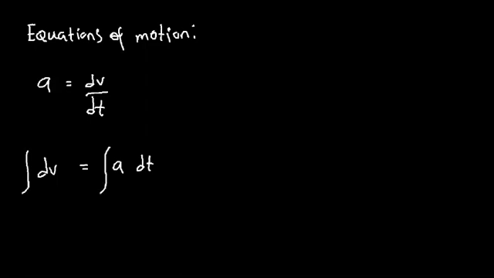Now we put our integral signs. So for this, we want to use definite integral. We're going to be integrating from an initial time t equals 0, where our initial velocity can be written as v0, to a time t with a corresponding velocity v, which is unknown. Thus, our integral becomes